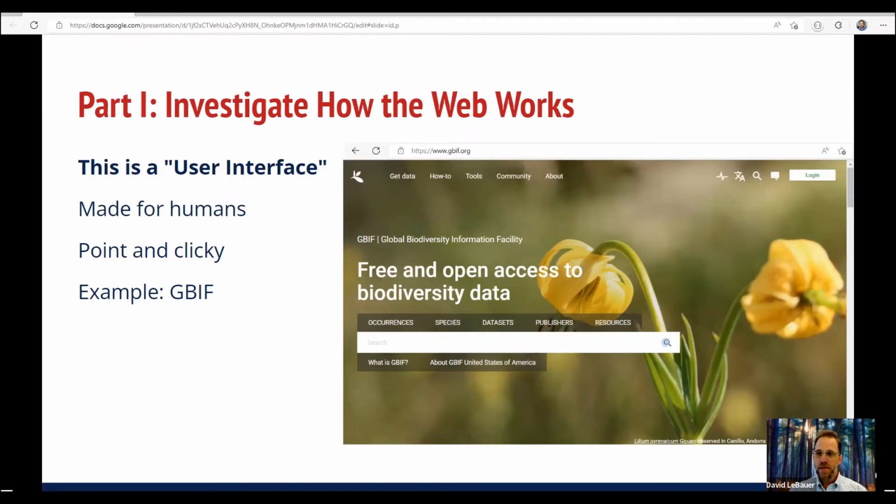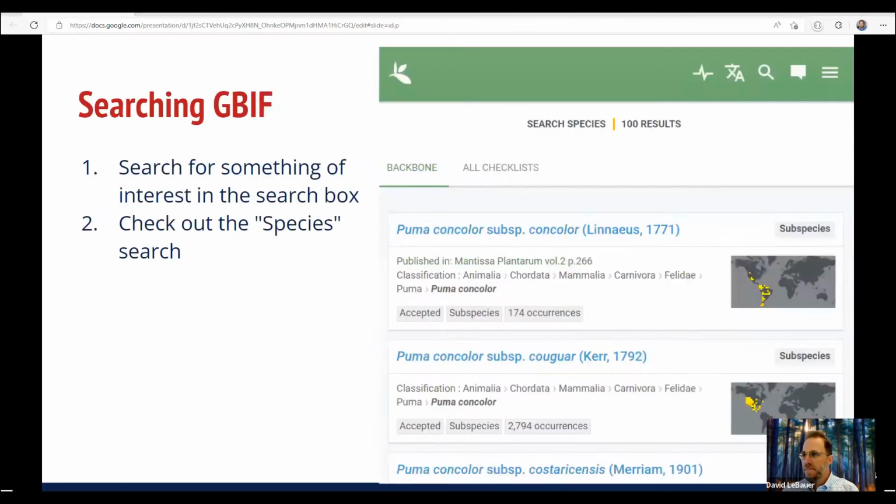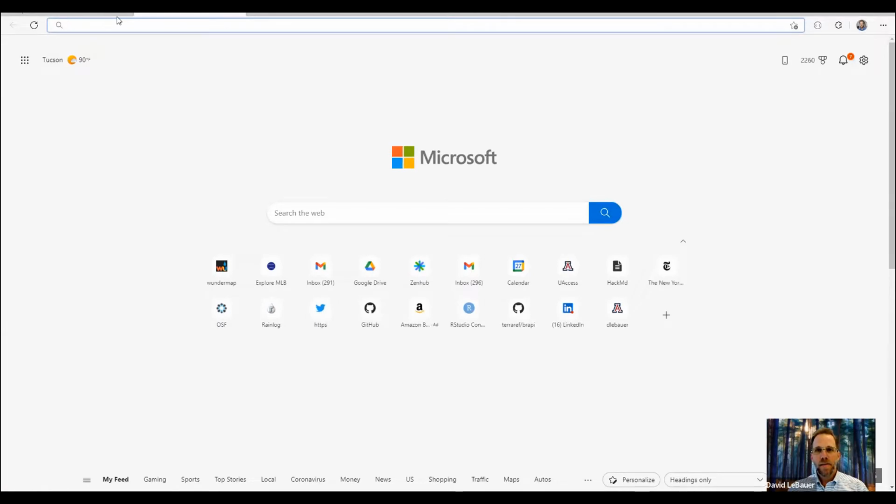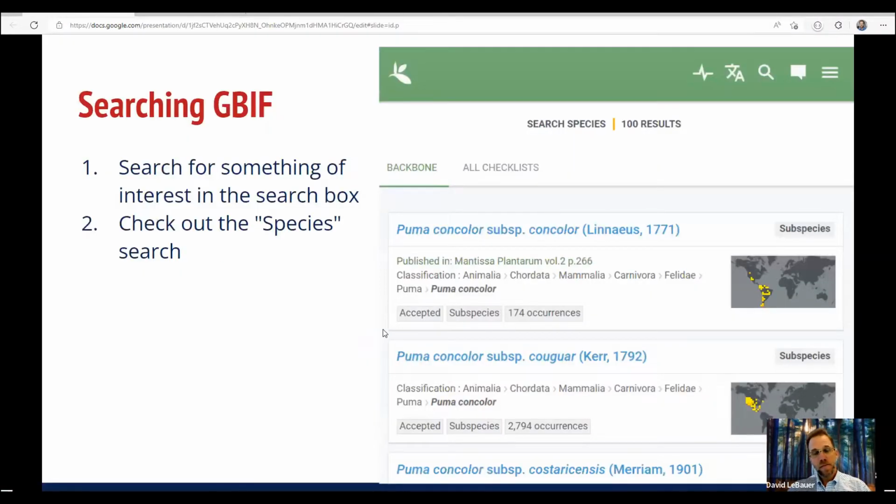One of the reasons that I chose the GBIF database is because it's very stable. It's a great example for teaching. The wide world will probably be a lot more messy than this example, but we'll go ahead and dive right in. So the first thing that we can do, and you're welcome to follow along, but you don't have to, I'm going to do this in real time. I've left myself a lot of screenshots in case what I'm doing doesn't work, but also